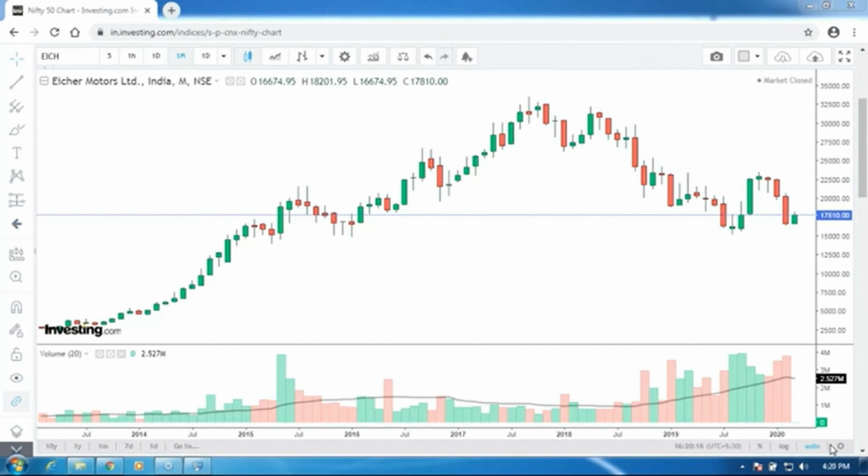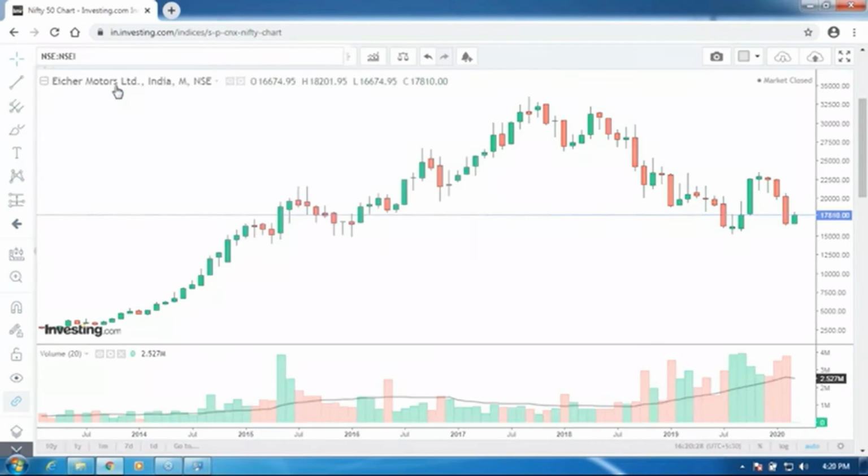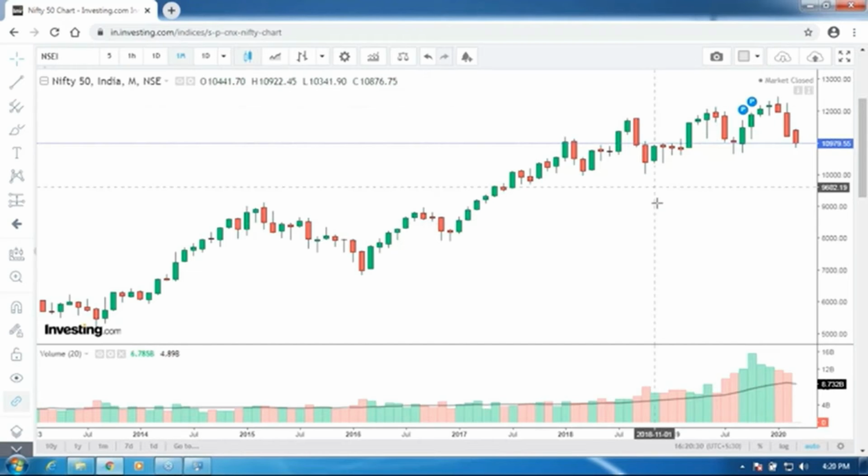Oftentimes, you'd find that even for the chart for the Nifty, if we can go back to the chart for the Nifty, you'd find that it continues to form higher bottoms. There's a lot of uncertainty, negativity right now. This is the monthly chart for the Nifty. And you'd find that the Nifty has come down to 10,900. But remember, this is just the 7th of this month. There's a monthly close to wait for. And if the market sustains above 11,000 broadly through the month, you still have a series of higher bottoms on the chart. So nothing material has changed for the markets, although we've seen this big drop,